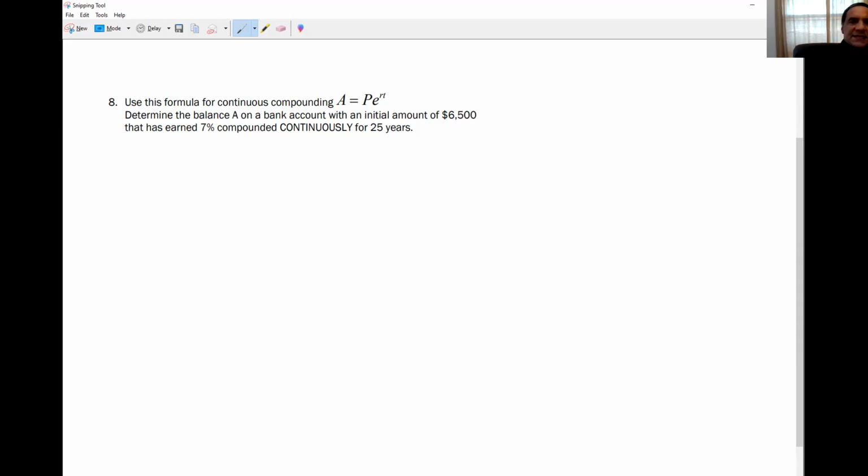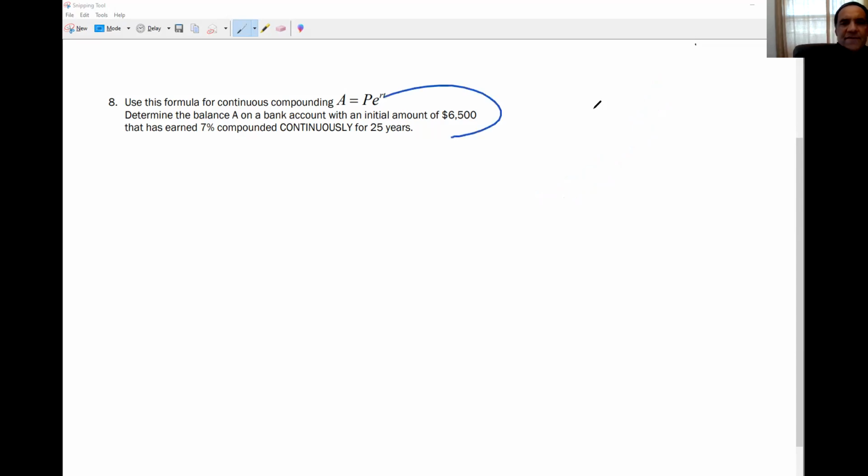So instead of a graph which might look like this, where the money's compounding quarterly and then the money goes up sequentially, this situation involves just a smooth curve. Because you could think of it as if money were compounding every second or millisecond, and that growth is going to be expressed as a curve, not as a bunch of line segments. So going to how to work this problem,